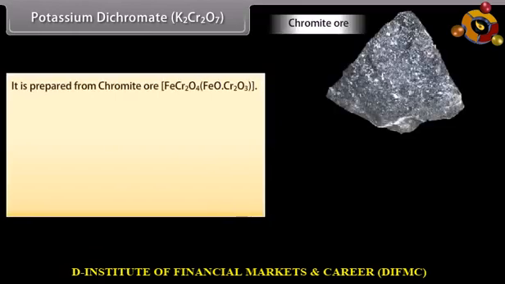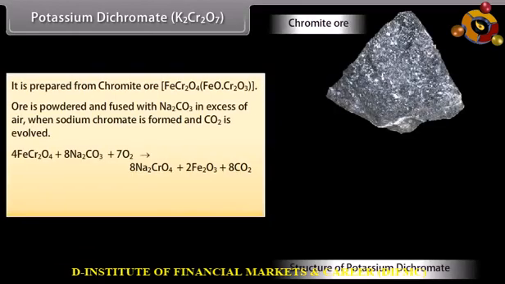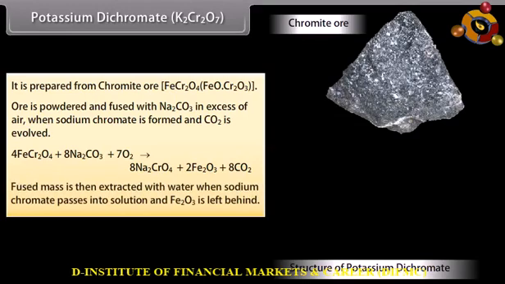Potassium dichromate, K2Cr2O7. It is prepared from chromite ore. The ore is powdered and fused with Na2CO3 in excess of air, when sodium chromate is formed and CO2 is evolved. The fused mass is then extracted with water, when sodium chromate, being soluble in water, passes into solution and Fe2O3 is